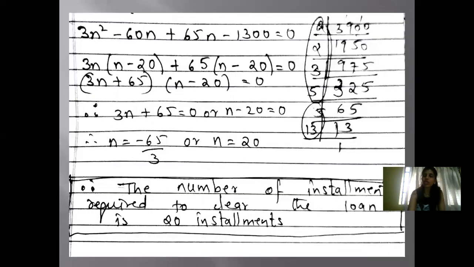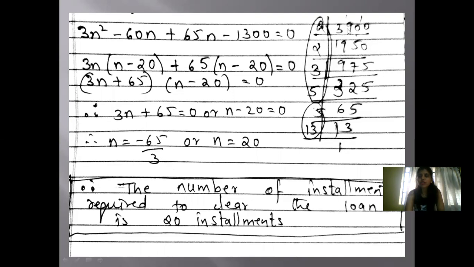Over here, again I repeat, whenever it is said the man repays a loan, that is the total loan he is repaying, so it becomes the value of Sn. First installment is a, and the difference, because every month there is an increase of 15 rupees, that's the difference, that is 15. And then you have to find the number of installments. So you use the formula Sn is equal to n upon 2 (2a plus (n minus 1)d). Substitute all the values. You get the value for n by solving the quadratic equation which you get after that. So I hope everything is clear.